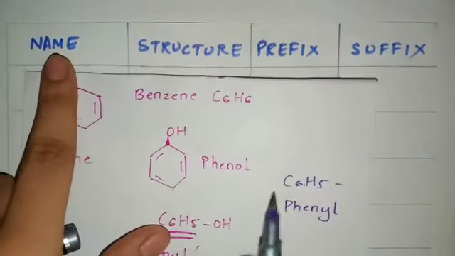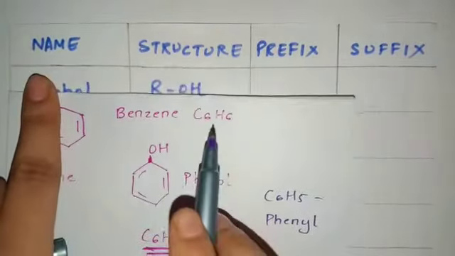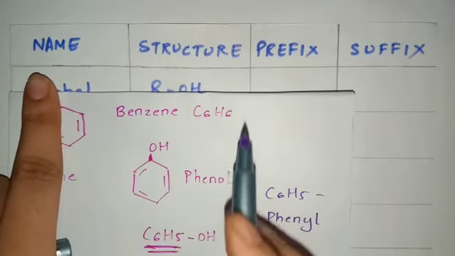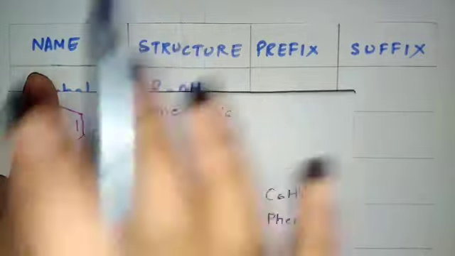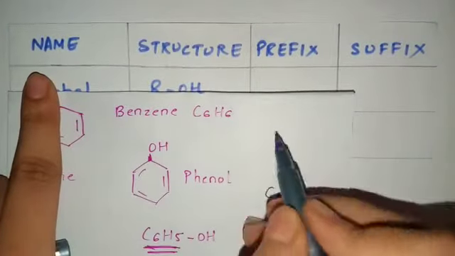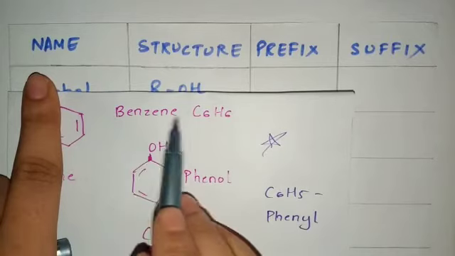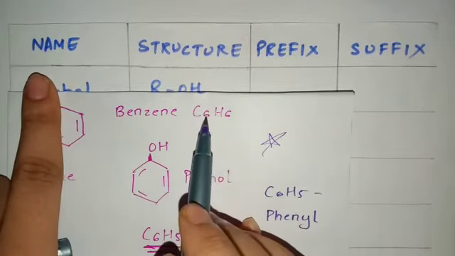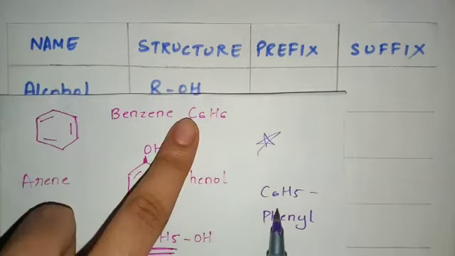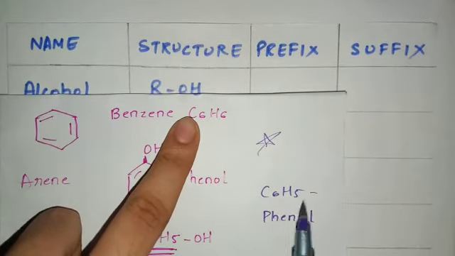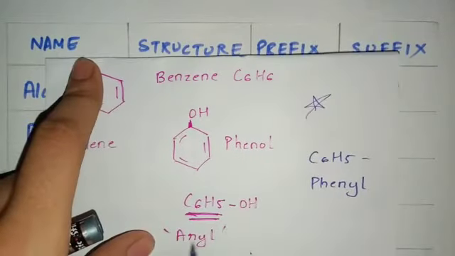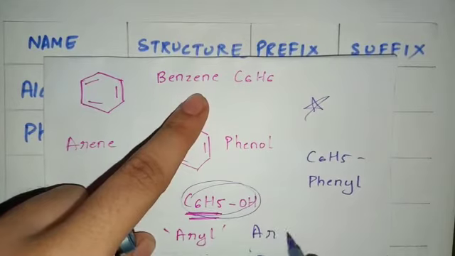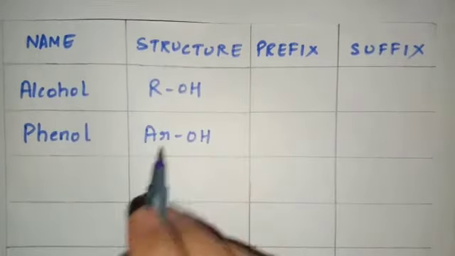Now this might be a little confusing because you know methane with one hydrogen less is methyl. So benzene with one hydrogen less should be benzyl, right? But benzyl is altogether a different thing. So this is one important thing that you all should remember, that benzene C6H6 with one hydrogen less, C6H5, is nothing but phenyl. And this phenyl is also known as aryl. So this compound now you all can represent as ArOH. So that is what Ar indicates over here.